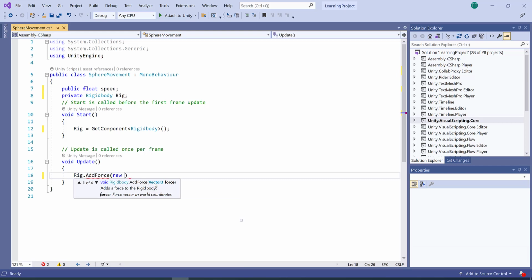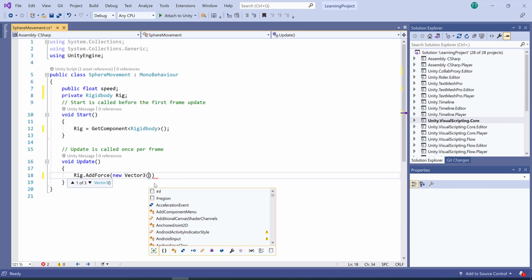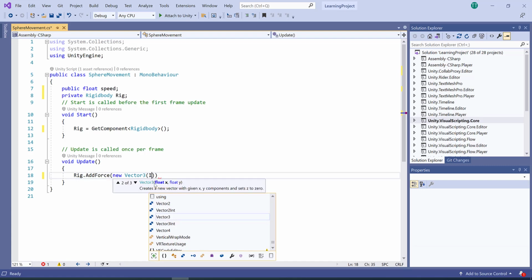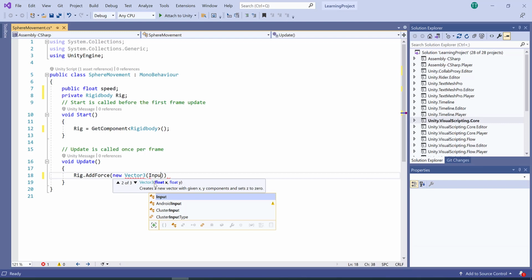So we are going to declare a new Vector3 here, and we will make use of some previous code. You remember, if we are interested to move this sphere on the x-axis, then we will use Input.GetAxis.